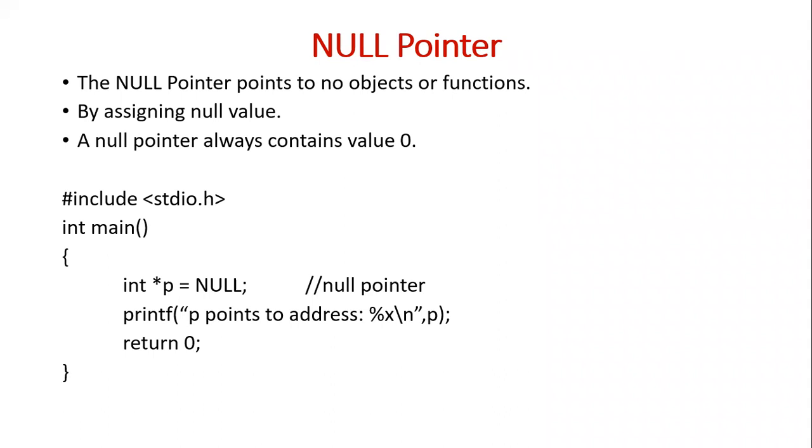Last class we discussed the operators that are associated with a pointer. One is the ampersand operator, the other one is the indirection operator, which is star. The ampersand operator will always refer to the address of a particular variable. And the indirection operator, or the star operator, has two purposes in connection with pointers. One is that it is used to declare a pointer variable, and the other usage is that it is used to access the value of a pointer.